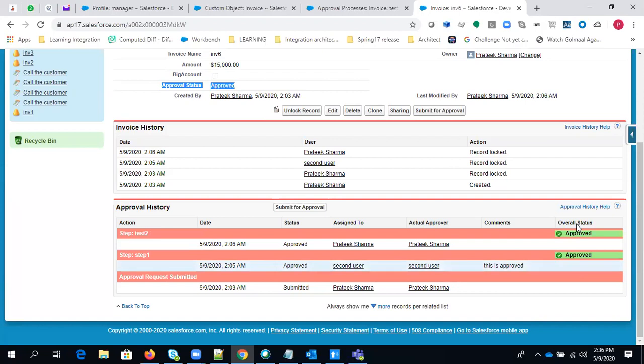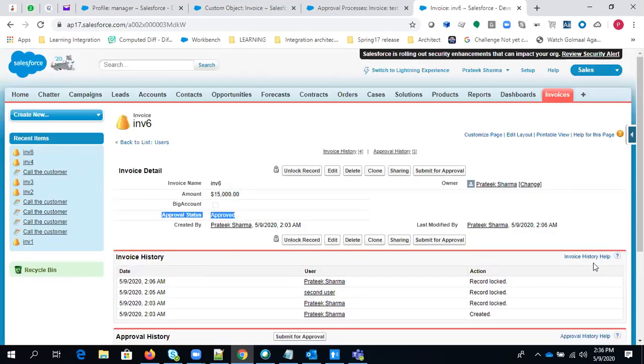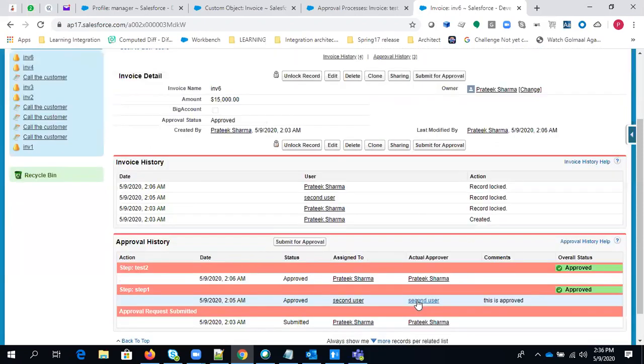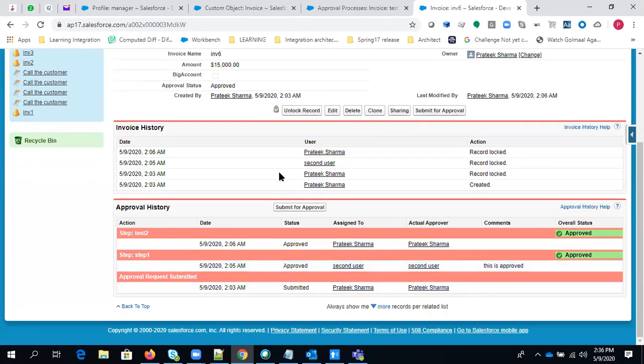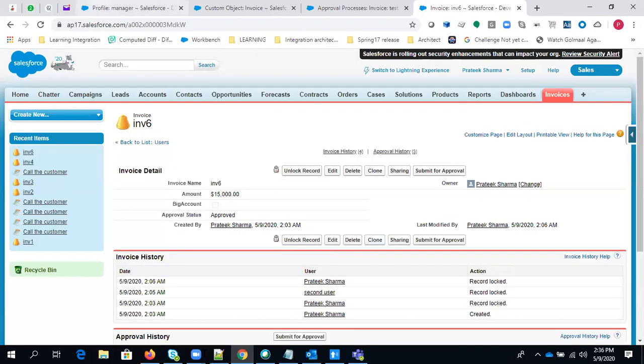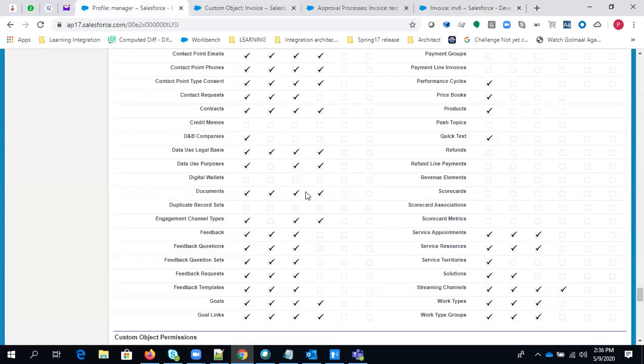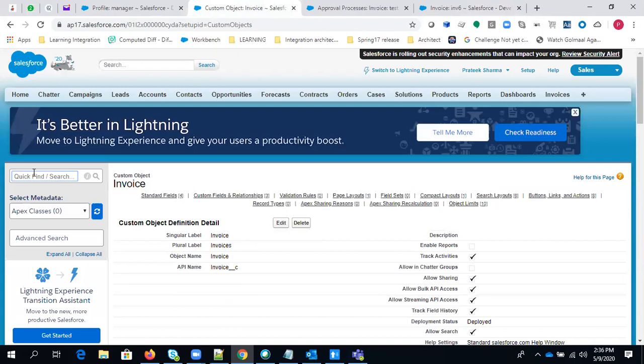And you can see the overall status is now selected as approved. So this is how you can update a field. You can create steps. You can create an approval process using the standard setup wizard, right? In the same way, if you want to do it with the Jumpstart wizard, you can simply go to approval process.